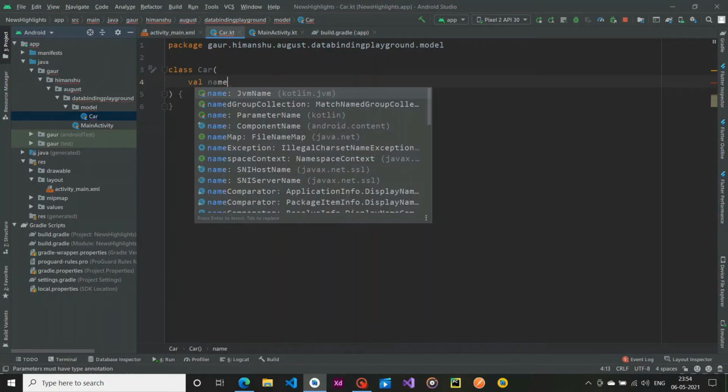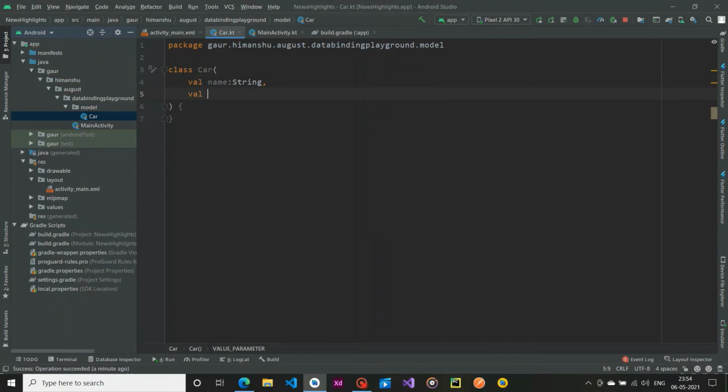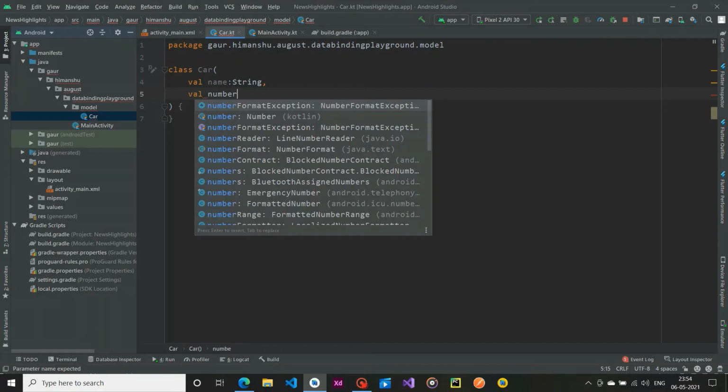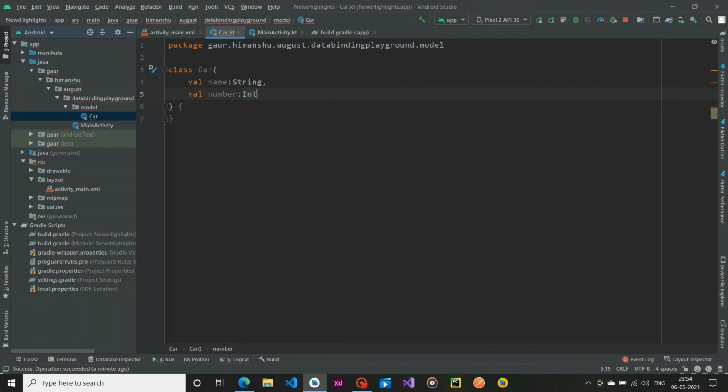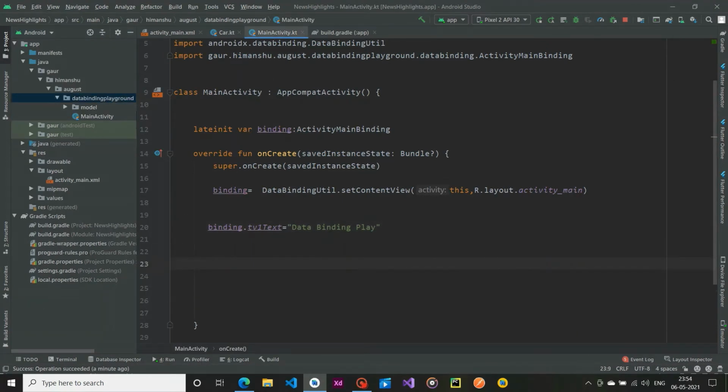So write name, which is of type string, and the second is number, which is of type int. All right, so go to our main activity, and here I'm going to create a car object. So Car, and the name is Ford, and the number is 123.